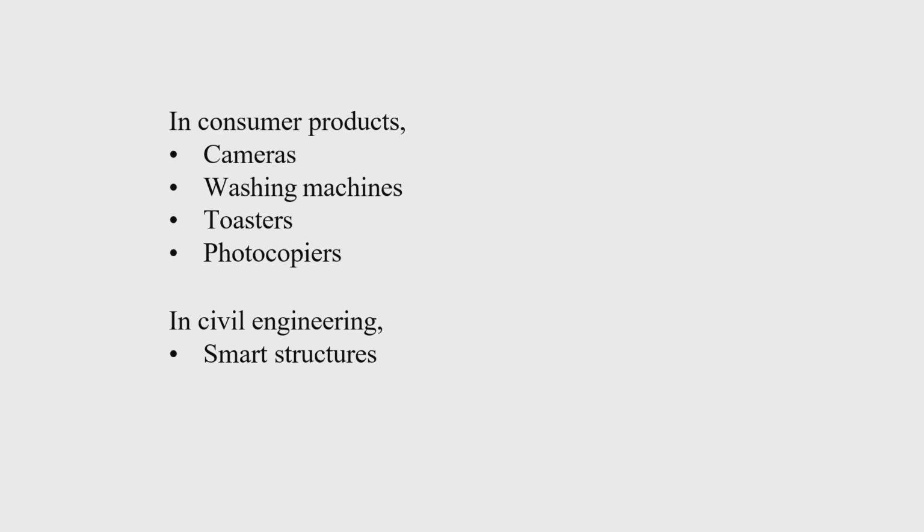If we talk about consumer products, we have cameras which use a lot of electronics and have microcontrollers. We have washing machines which can wash clothes based on fuzzy logic, and they have an embedded microcontroller. Then we have toasters and photocopiers. Now if one washing machine can communicate with another washing machine, our washing machine data can come to our mobile phone, and the washing machine can also communicate to a service provider, then it becomes IoT.